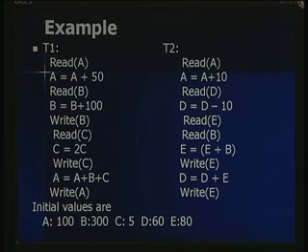If you look at transaction T2, T2 is actually reading the value of A, incrementing it by 10, then reading the value of D, decrementing it by 10, then reading the value of E and reading the value of B. Then the E value is computed by adding E plus B and then writing a value of E, then D is recomputed as D plus E, then finally the value of E is written. What we wish to convey with this is that the two transactions are simultaneously reading several data items and trying to